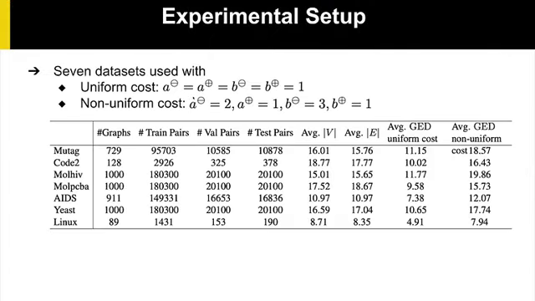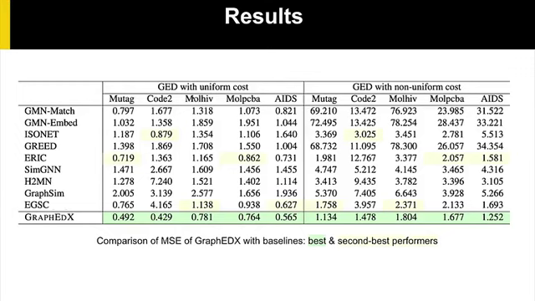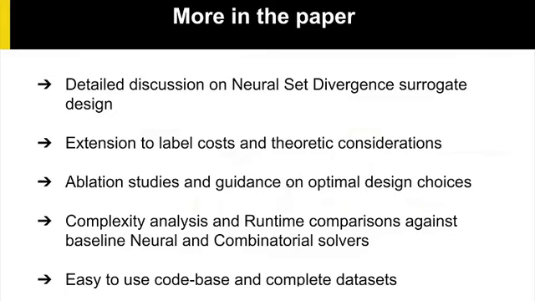predict the final GED. In our experiments, we use 7 datasets with both uniform and variable edit costs, and we compare our performance against the baselines using mean square error on the predicted GED values. We note that GraphEDX consistently outperforms all the baselines across both cost settings. Please check our paper for more details, including the design of the neural set divergence